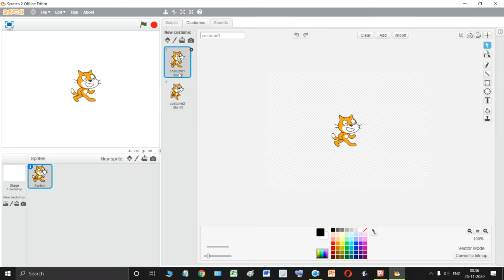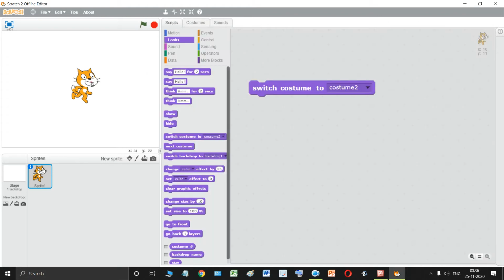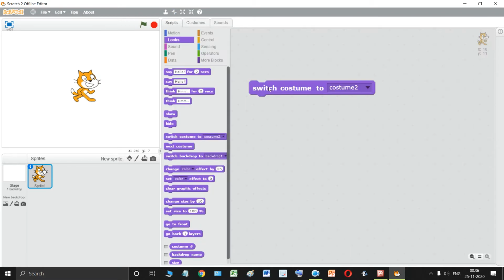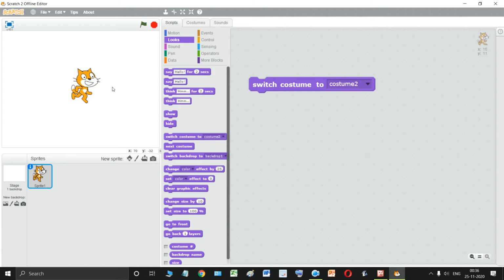So this is costume number one and this is costume number two for this particular sprite. If I choose this, this is the default costume for this sprite. So if I bring switch costume to costume 2, and if I click on this, you see the costume of the sprite has changed.